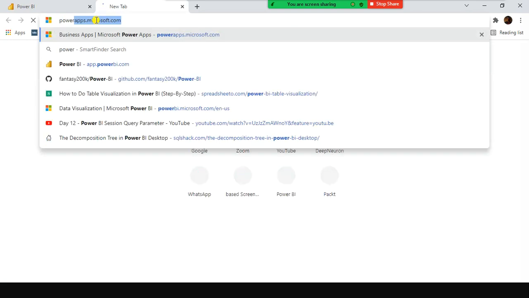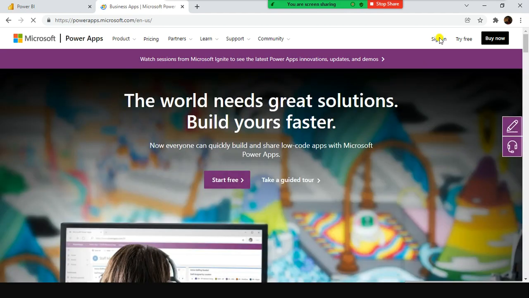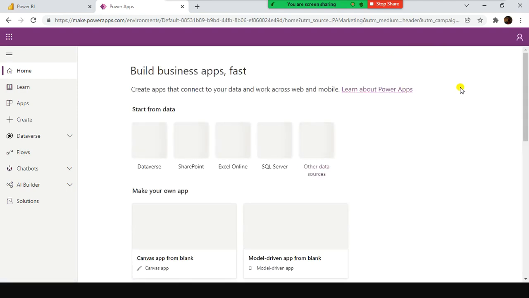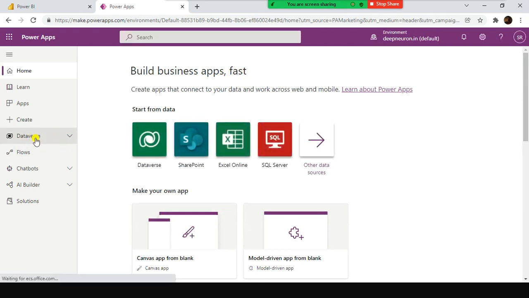So you have something called Power Apps, powerapps.microsoft.com. You need to sign in here. For this, you need to create a username and password. You need to register on this website. Okay, you need to create credentials in this website. Once you register, it will give you the credentials. I don't think you need an official email ID to create this one. Okay, fine. Now on the left side you can see database,